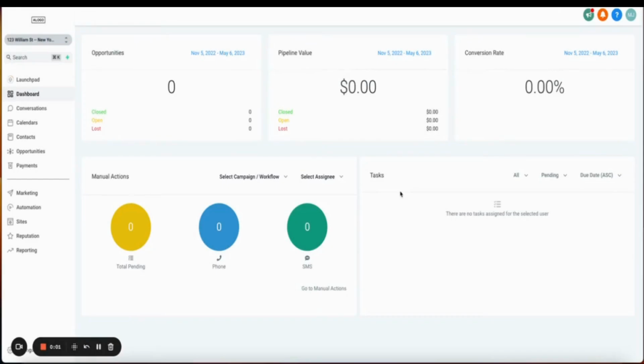Hey, in this video, we're going to show you where and how to set up the default missed call text back feature. So what does it do? The default missed call text back feature does exactly that. If someone calls you and you're unable to respond, generally this happens if you're a one-man show and you're doing everything. Alternatively, if you're just busy, right? So it happens, you miss calls.